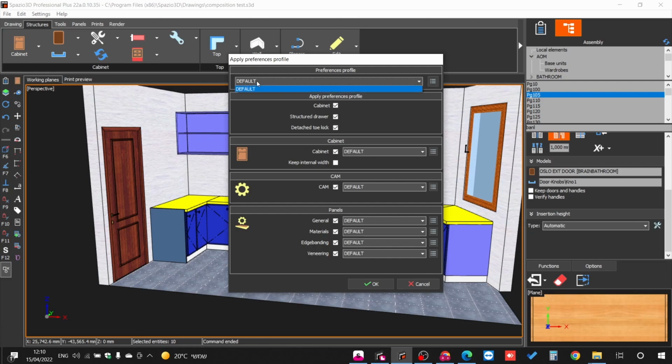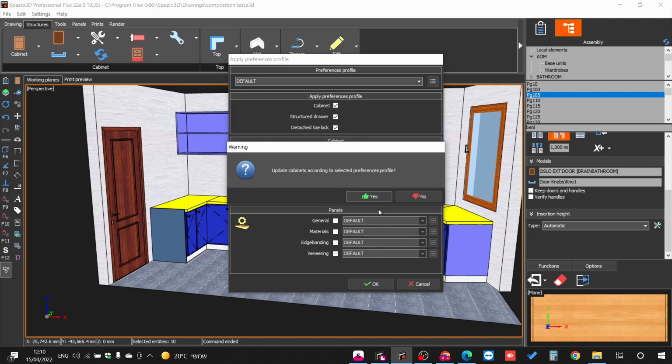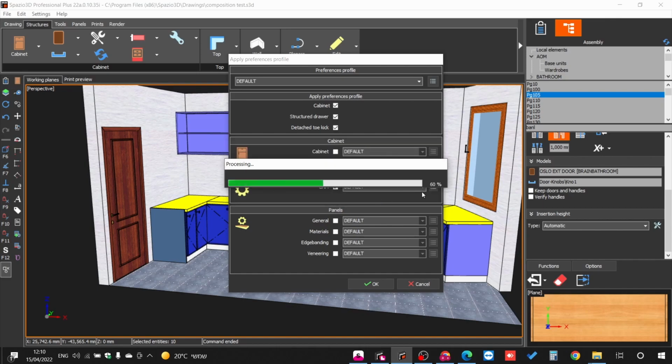So if you remember, we can put the default, all the elements, and we can decide if we want to change the material part, the CNC part, or just the construction part. So from here, we can decide, for example, that I only want the CNC part. So according to this,